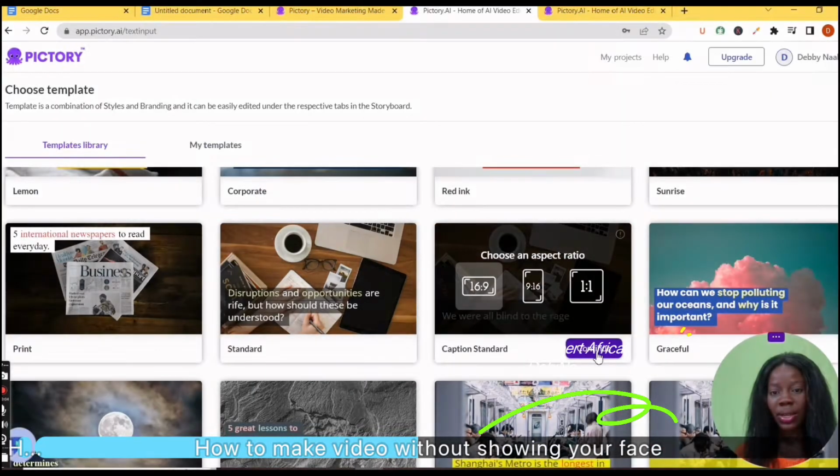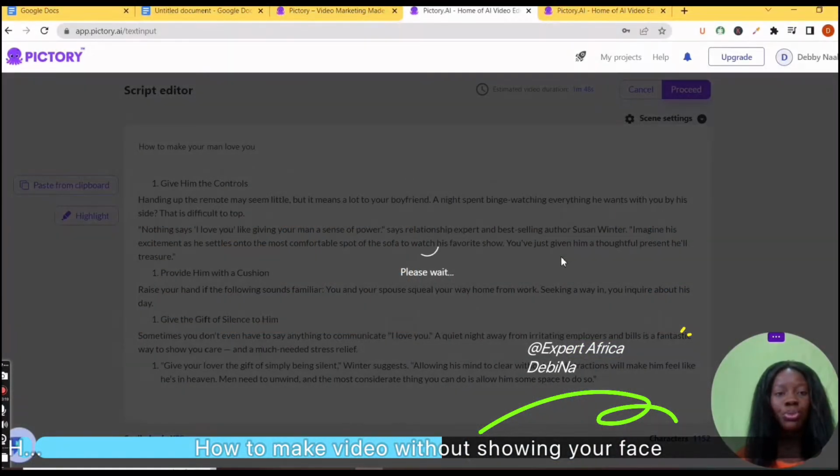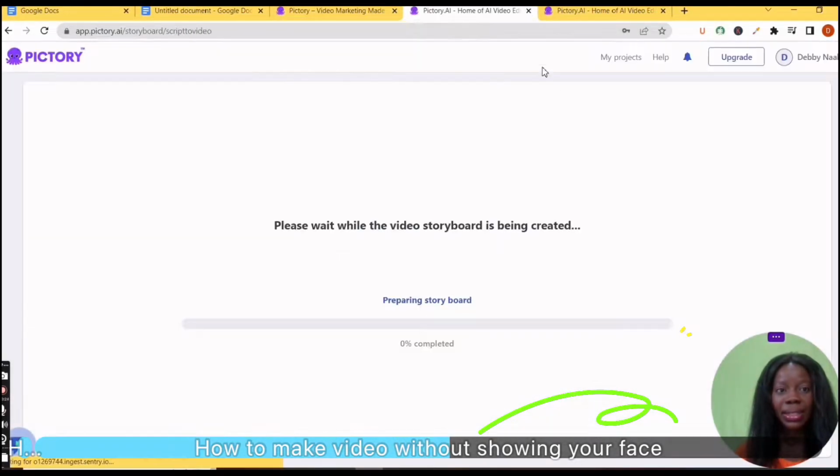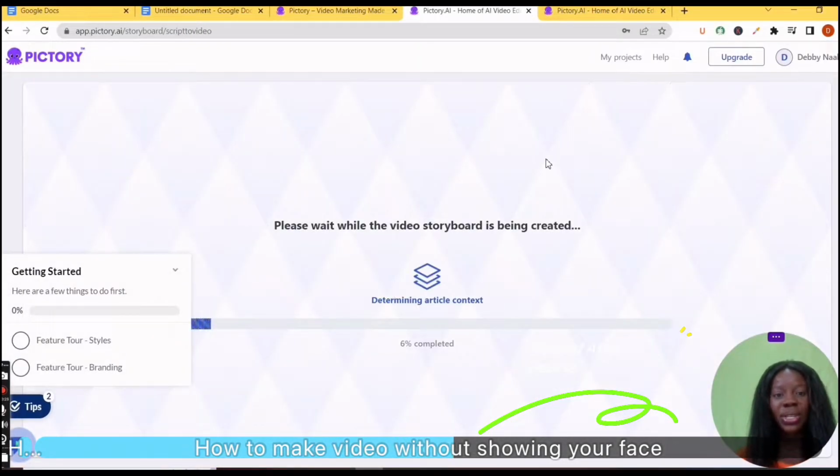So after selecting your template, you need to also choose the aspect ratio. So we are going to choose the 16:9. That is for YouTube. So that's what you're going to choose, and then we click on select. From here, it will start preparing your video. It will take about 5 minutes to finish the preparation. So you just have to be patient with it so you are able to get what you are looking for